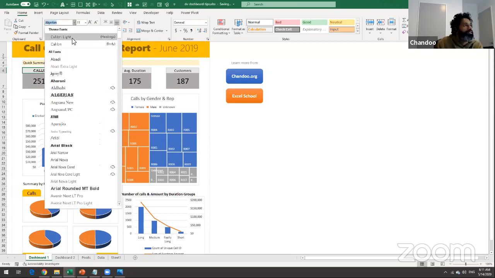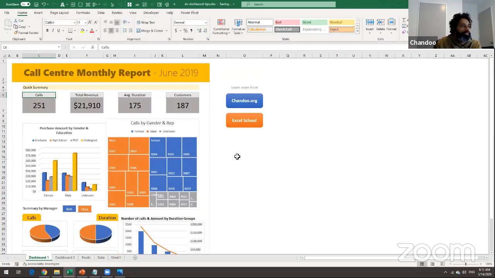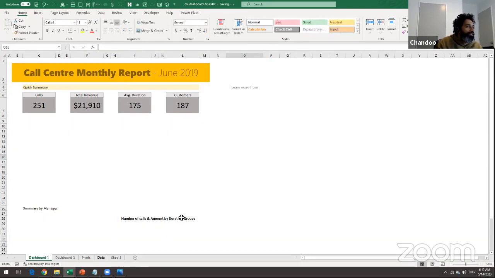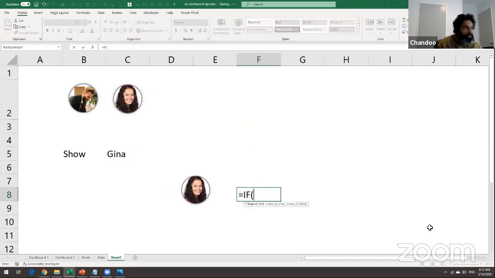But there are some interesting bits, though. I don't know how many people realize, but you now have full access to all the emoji in Excel. This actually opens up some powerful possibilities. For example, if I am typing a, where is our Bob Gina thing? So if I am selecting Gina, I want to show a smiley face. So for example, if